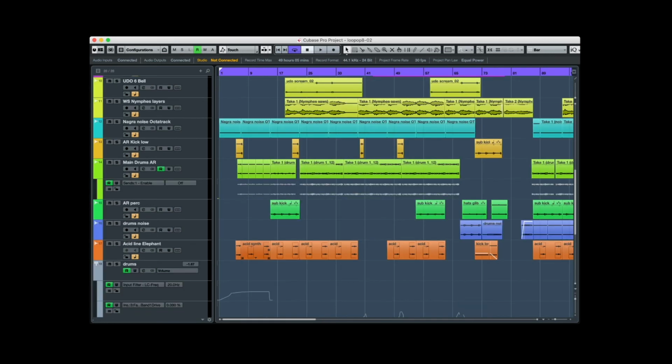Then we come here to the percussive sound. So there is the Nagra noise, which I sequenced and mangled in Octatrack. Did a lot of stuff with it, and then these main drums. That's basically the main channel directly from an Analog Rytm to Octatrack, and then from Octatrack to my audio interface and recording.